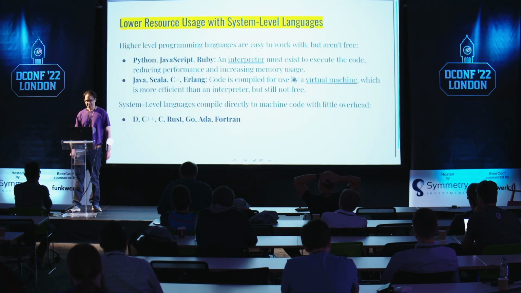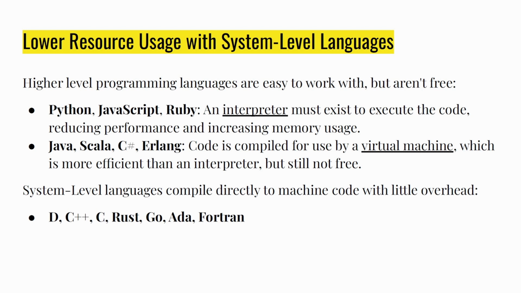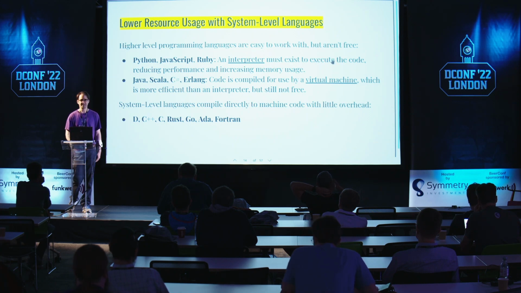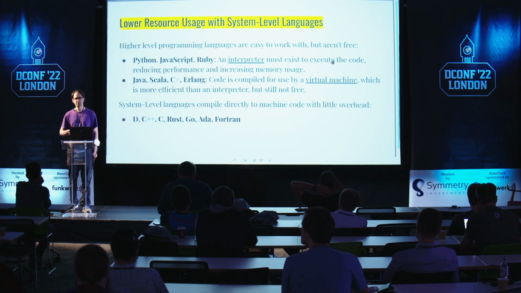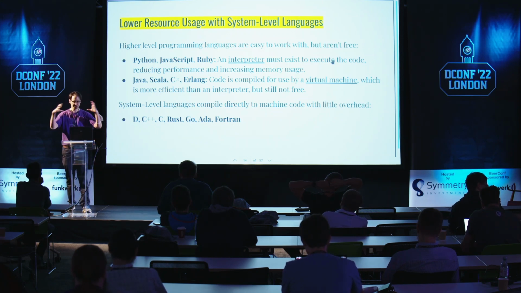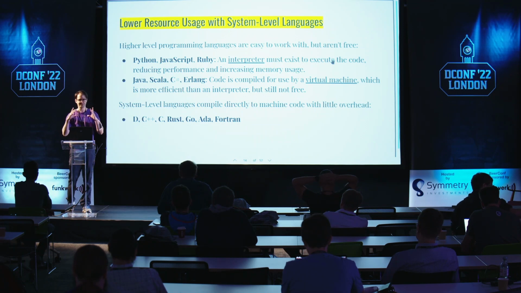So the idea is that you don't use as many resources when you have a language that's efficiently and directly compiled to machine code, instead of running through an interpreter like Python, JavaScript, or Ruby, or running through a virtual machine like Java, Scala, C# and Erlang. So system level languages can get a serious advantage to do the same work because they're compiled directly. So there are 2 ways of looking at performance. You can say, this is my computer, it's like a Nintendo Entertainment System or something.